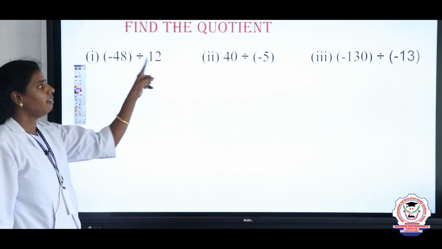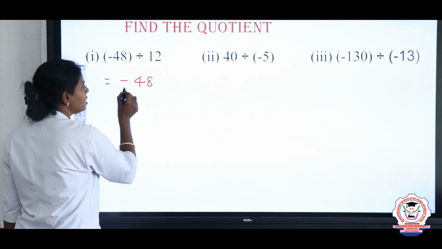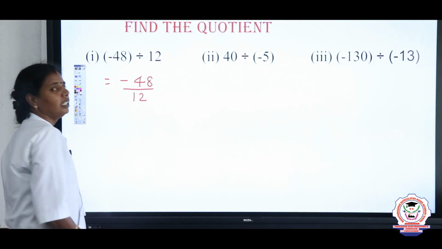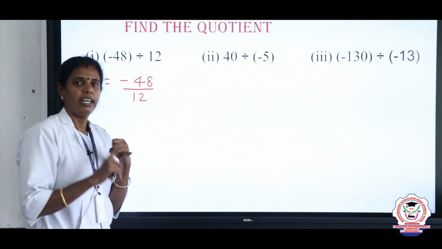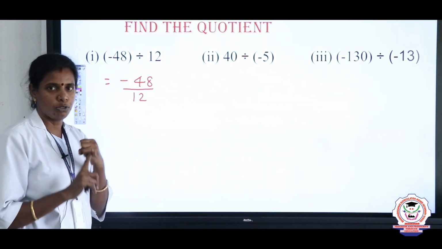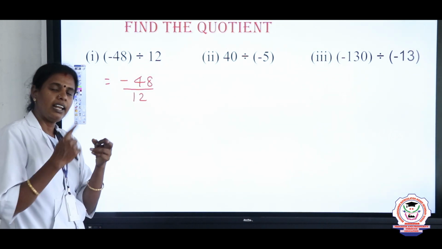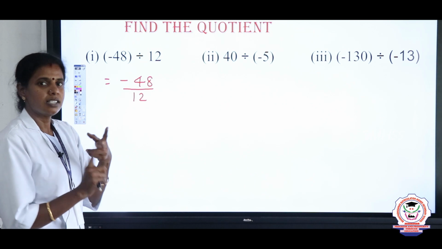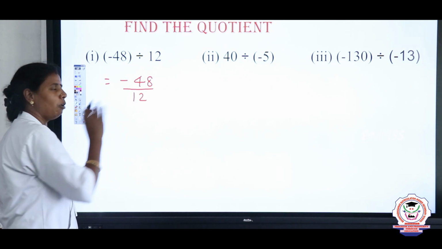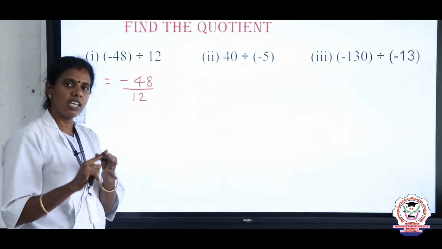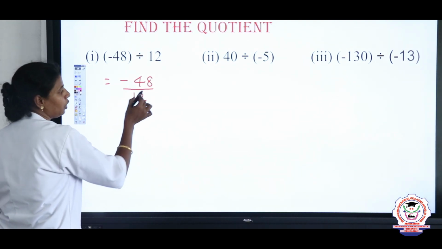See, minus 48 divided by 12. So, first step we are going to take minus 48 divided by 12. See, in 48 and 12, what are all the common factors we have? 2 table. In 2 you can cancel both 48 and 12, and in 4 table also we can. The next, 6 table also you can cancel, shall we use 6 table here or else 12 table also we can use. So, 2, 4, 6 and 12. Whichever table you need to cancel we can do. I am going to use 6 table.